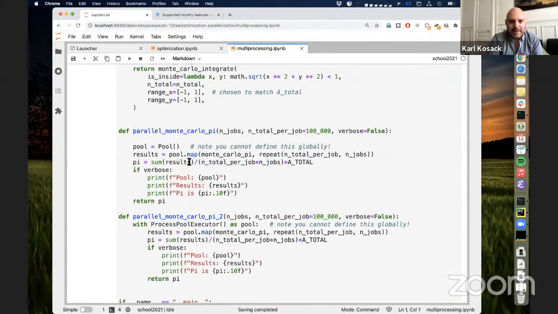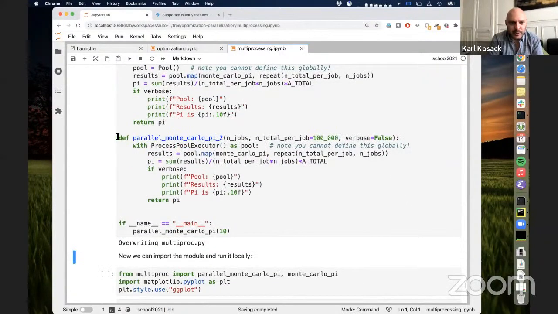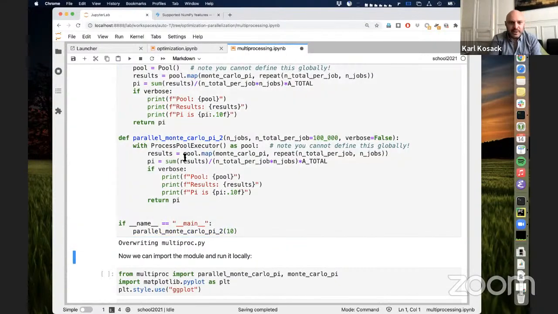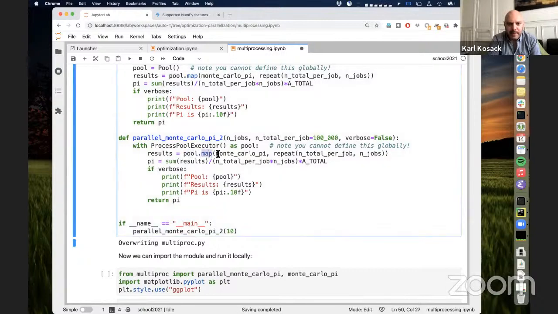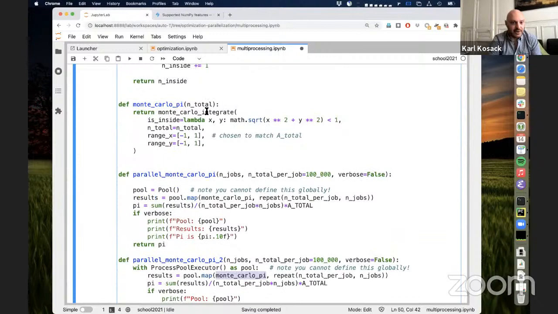I showed Monte Carlo pi using multiprocessing pools, but the one that you should look at here is using this process pool executor from concurrent features. When I run it, what it's doing here is, with process pool executor's pool, I map my Monte Carlo pi function, which throws n darts.